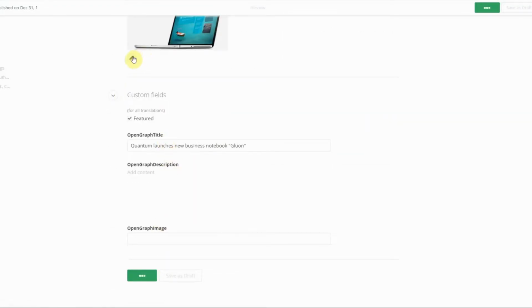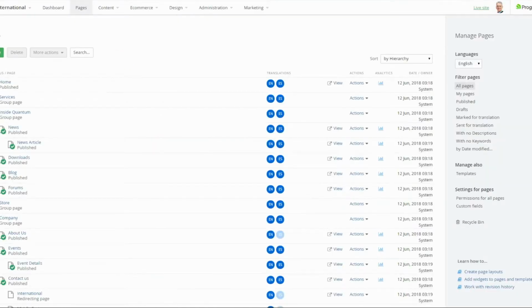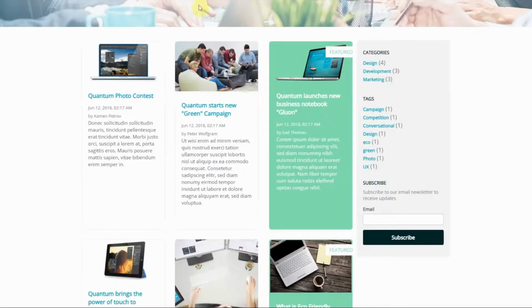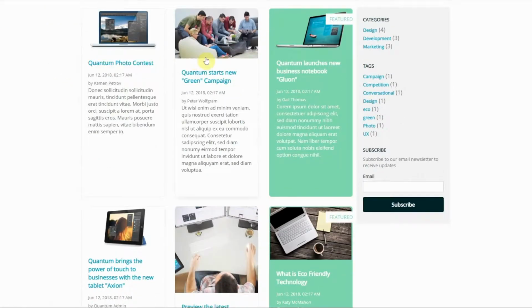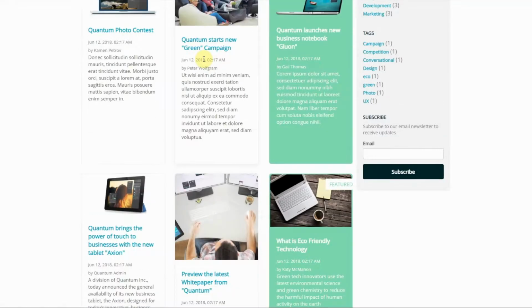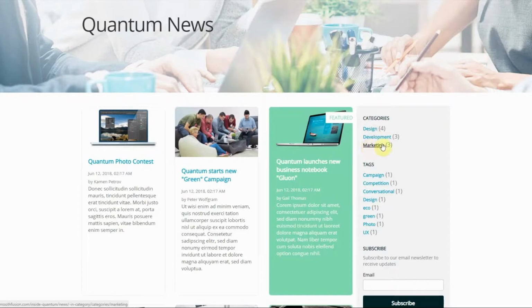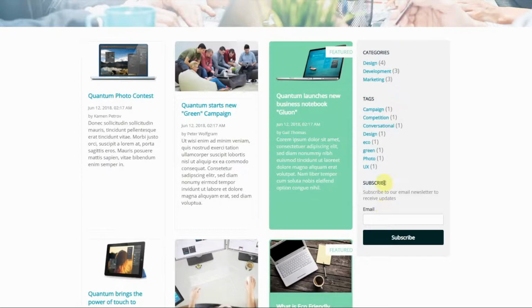Now, let's navigate to the page to show you how to add these articles to the page. As I mentioned, you have two pages: the news page and the news article page. The news page is used as a list of all news items within your content type that are published. And over here you can see that we have categories and tags and an ability to subscribe. So these are not using the news widget, but I will show you those in a moment.